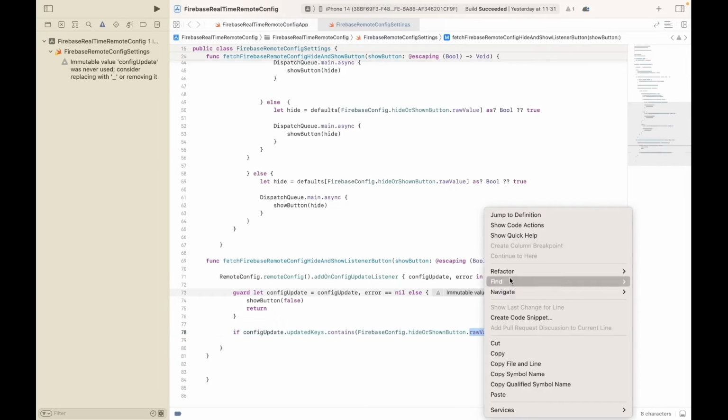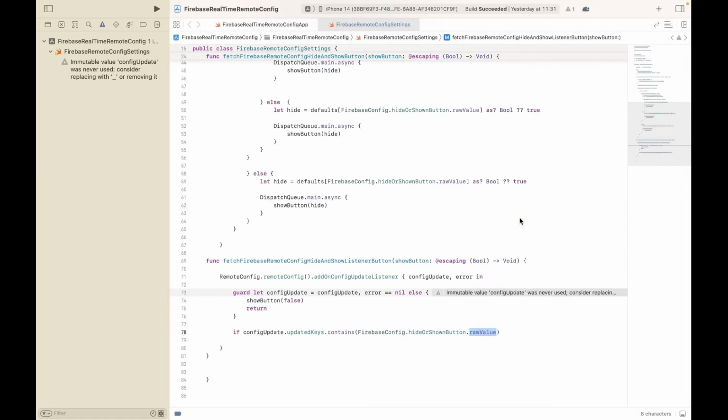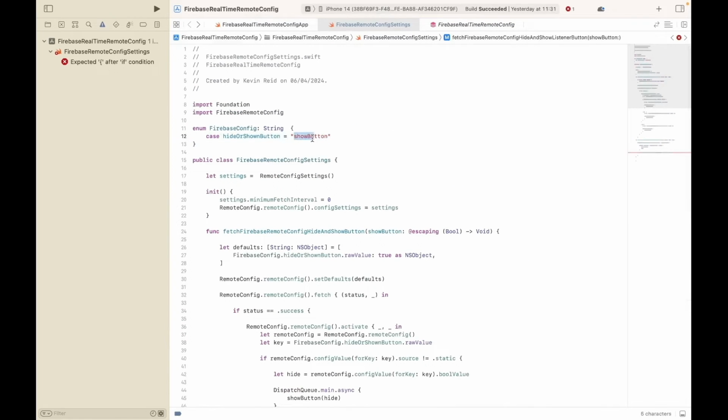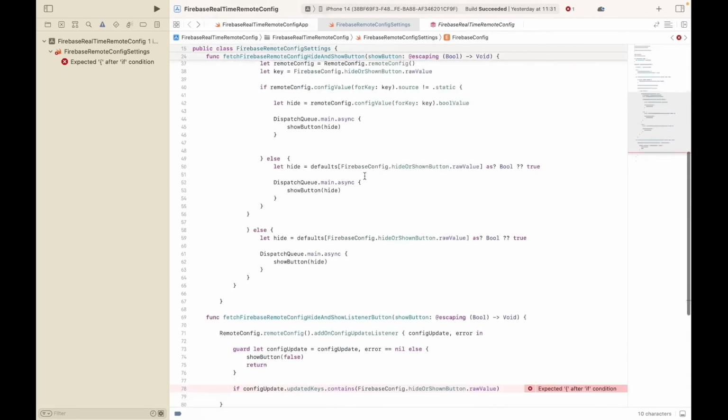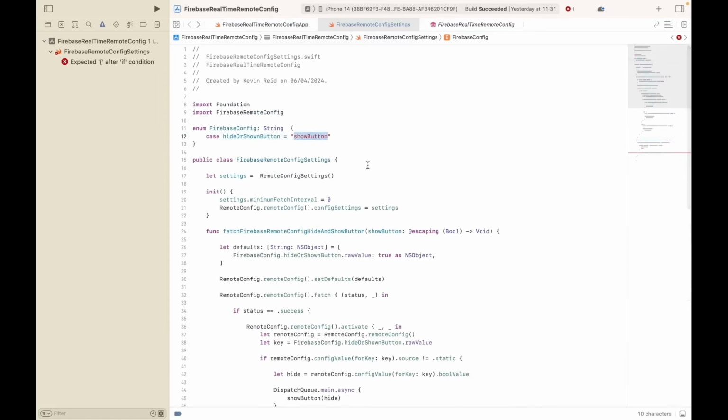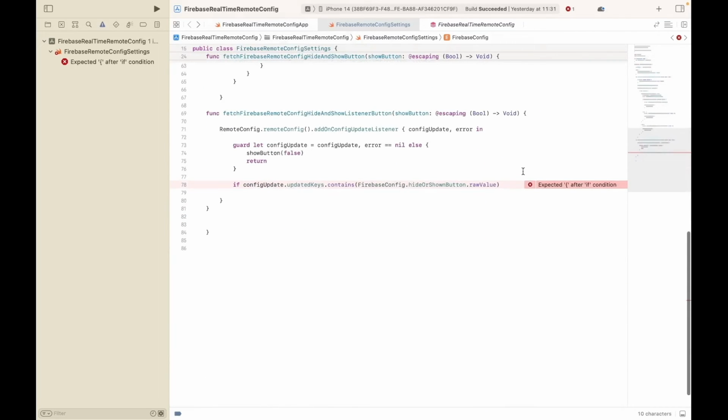So the raw value is this value here. So if this key exists in Firebase that we created, I think it was the previous tutorial,